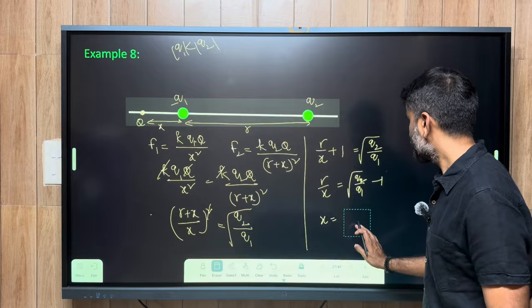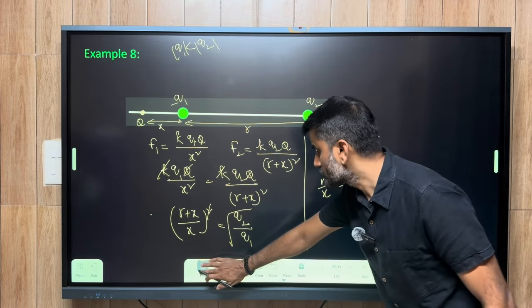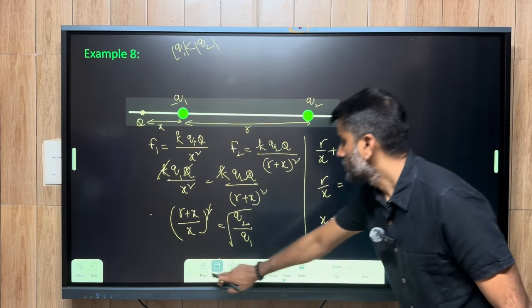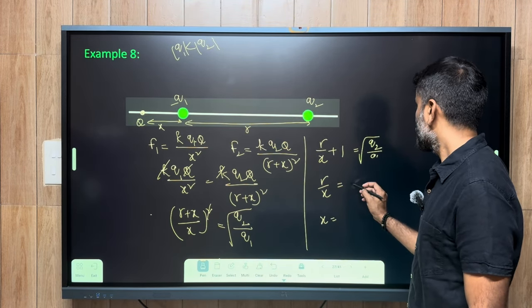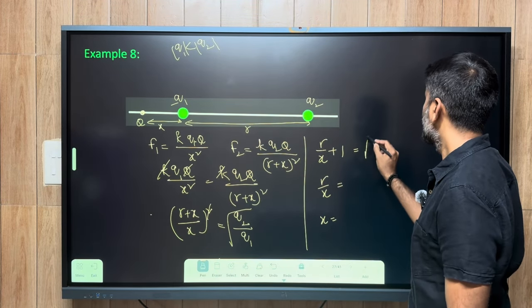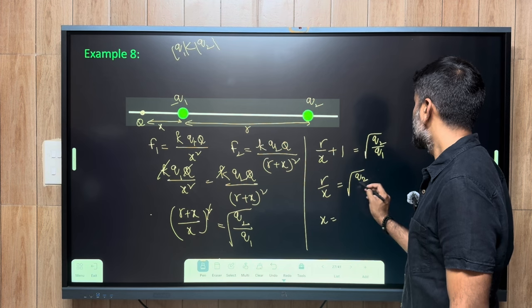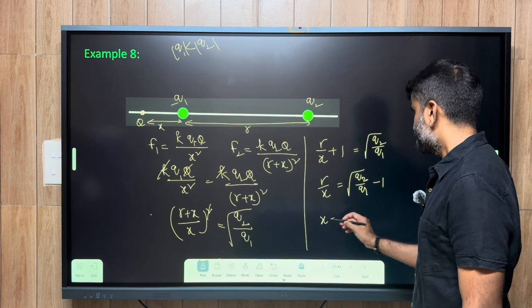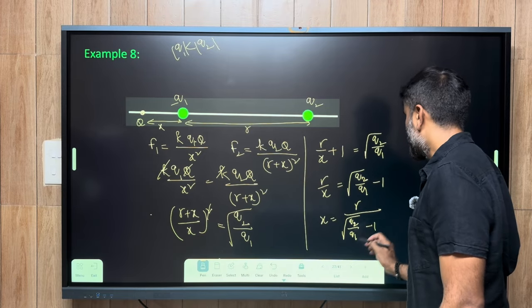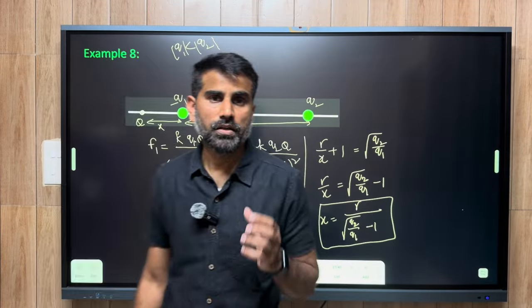So X is equal to R upon (root over Q2 by Q1 minus 1). So this is the equilibrium position of the third particle